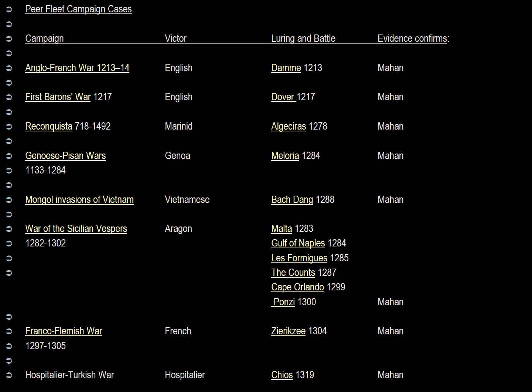So this is the peer fleet campaign cases. And what is meant by peer is powers fighting other powers that are of equal stature. So the Anglo-French War of 1213 to 1214, the English and the French were approximately the same in terms of their power. And it indicates which country was the victor, which battle was the decisive battle of the naval campaign, and that battle must have had a luring component, meaning one of the fleets had to lure out the other